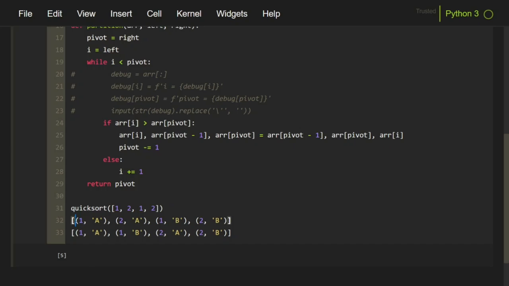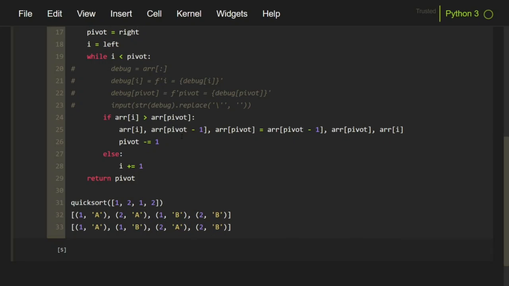So if the keys are the same, that is 1 and 1, the original position, that is this 1A is to the left of the 1B in the original array, so that should be retained in the final output as well. Same goes with 2A and 2B. 2A should be to the left of 2B if they are equal. Unfortunately, this implementation that we have done is not stable,